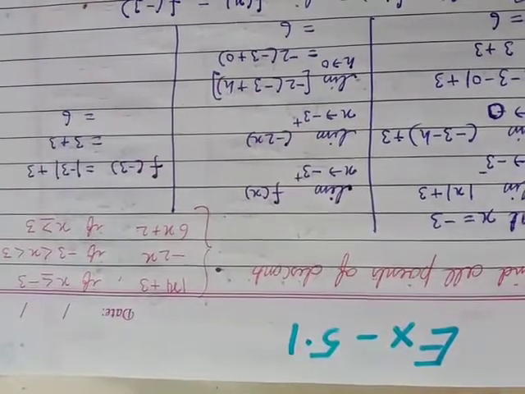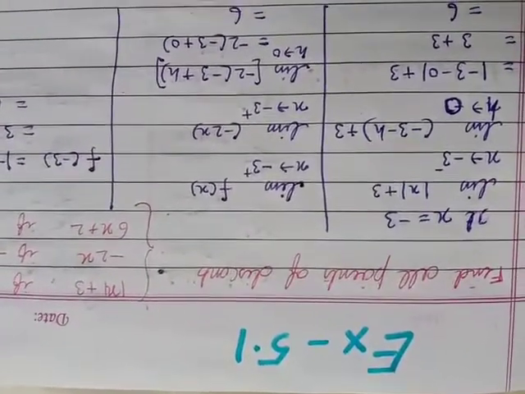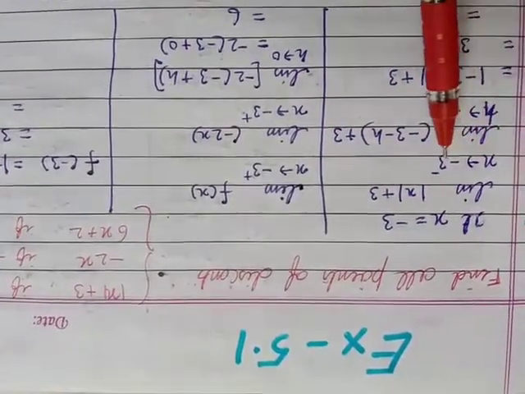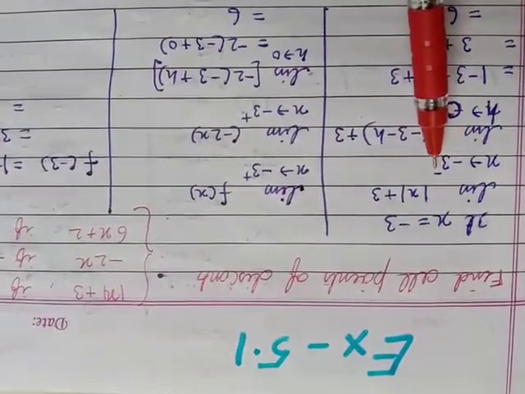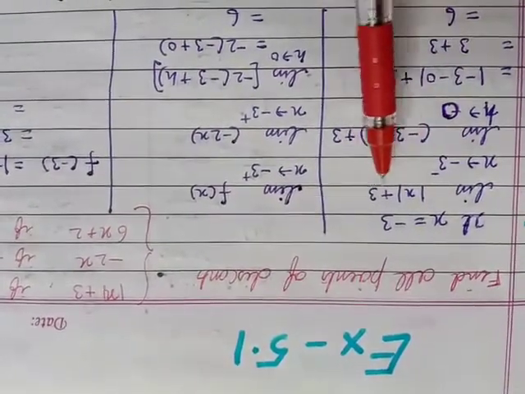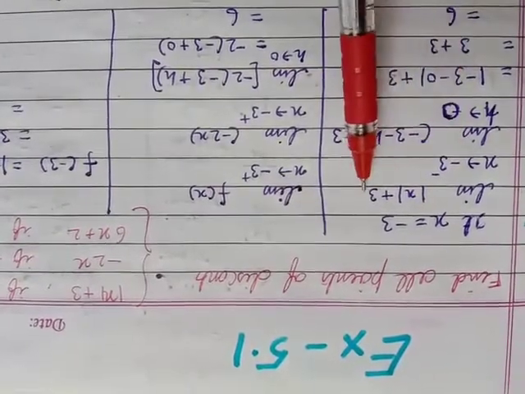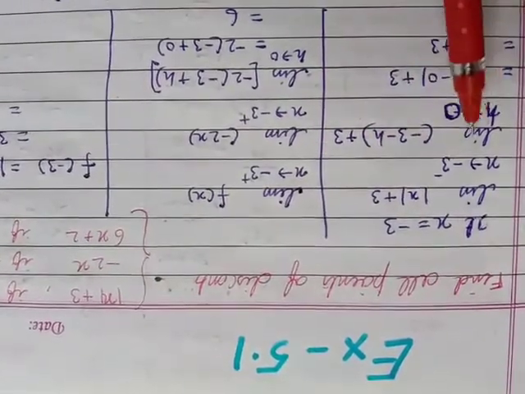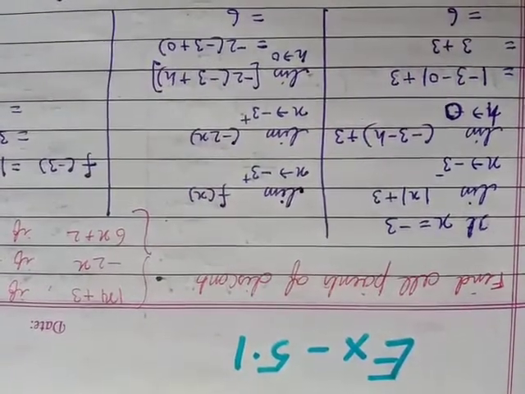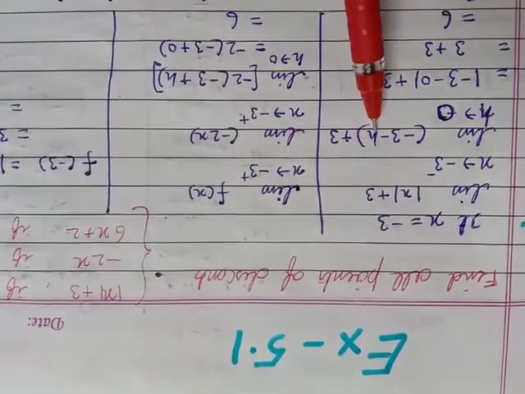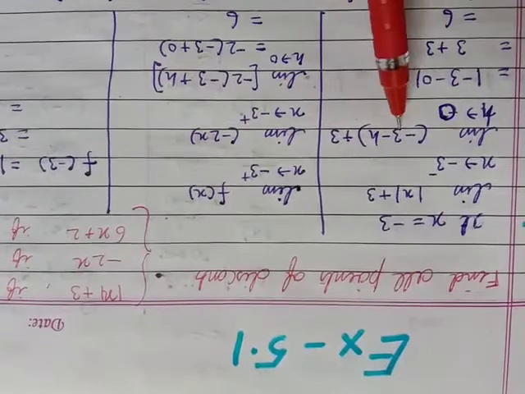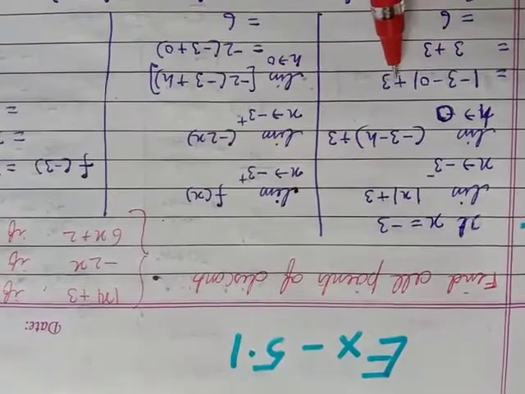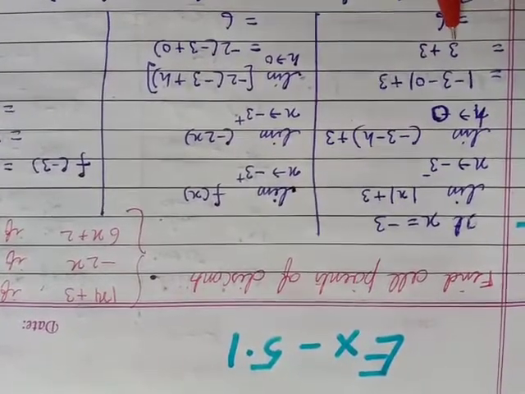Now how will we find the value? First we will check at x equal to -3. So the limit x tends to -3 negative, which means the left hand limit, of |x| + 3. Because it is -3, it cannot be positive, it should be negative. Clear? So limit h tends to 0 of |-3 - h| + 3. We are subtracting a very small amount from -3. Now put h equal to 0, then |-3 + 0| + 3. The mod of -3 becomes plus 3, and 3,